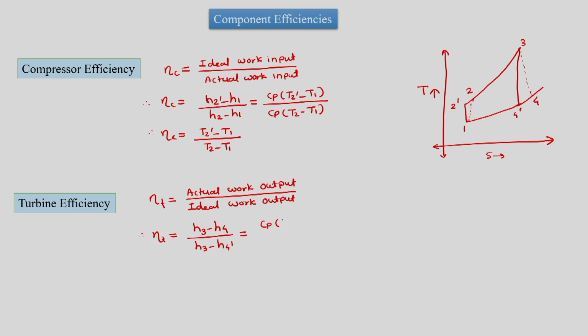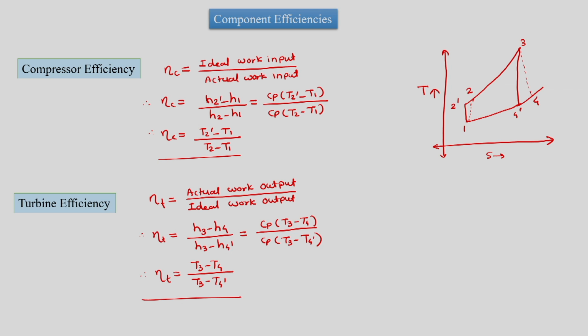So it is equal to Cp into T3 minus T4 divided by Cp into T3 minus T4 dash. So eta T is equal to T3 minus T4 divided by T3 minus T4 dash. So these are the two formulas which we should be using for the rest of this non-ideal component